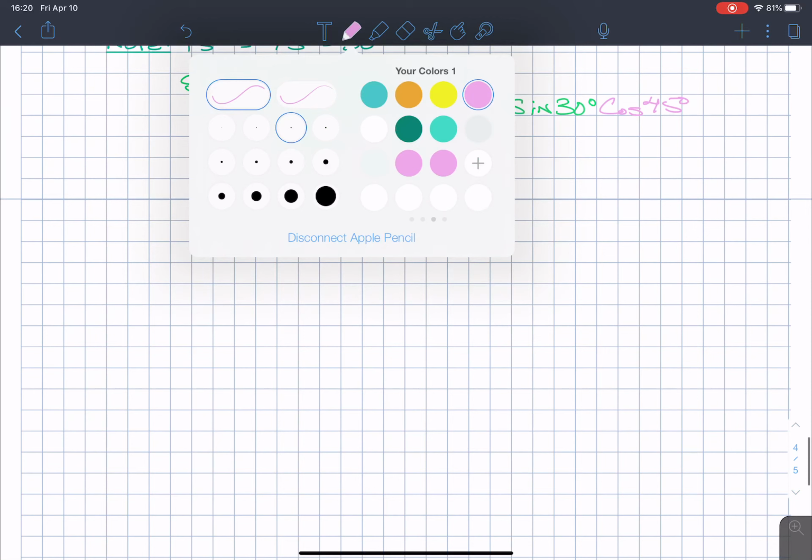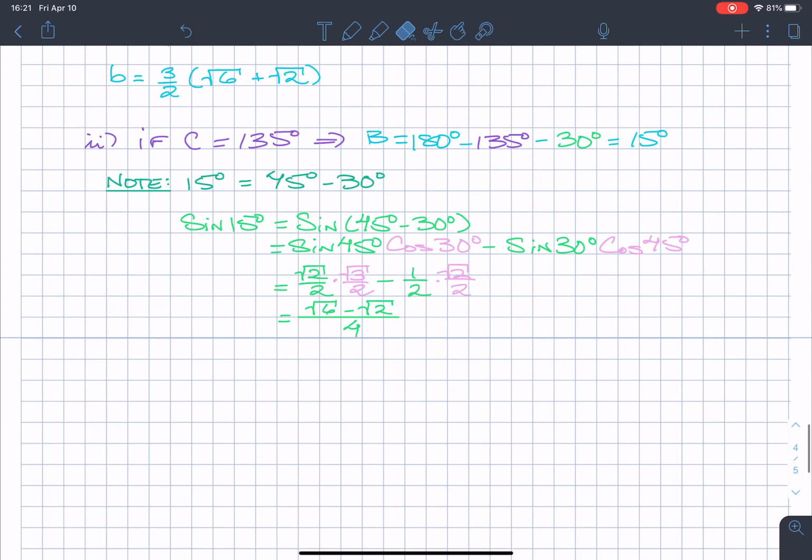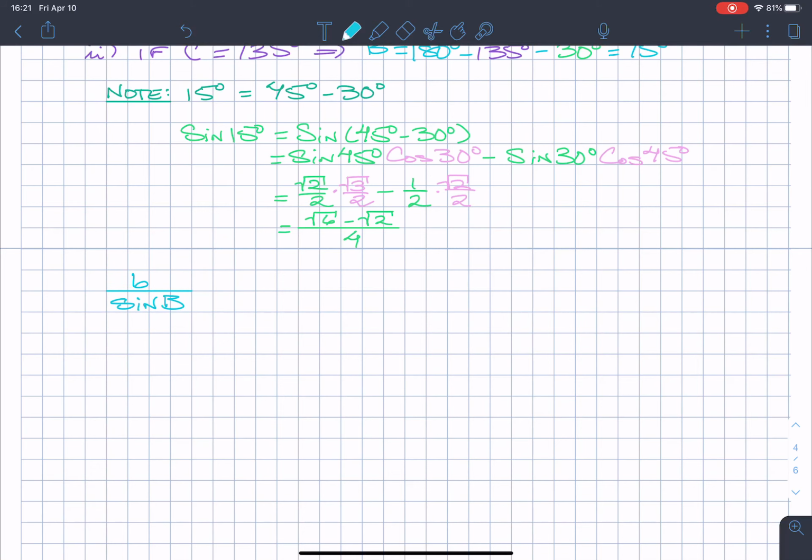So once again, this looks very familiar, doesn't it? Only there's a subtraction. Now we have the square root of 6 minus the square root of 2 all over 4, which you should recall from earlier in the semester. I made you guys derive this. So now if that's the case, what is little side b? We have little side b over sine of angle B, and we're setting that equal to little side a